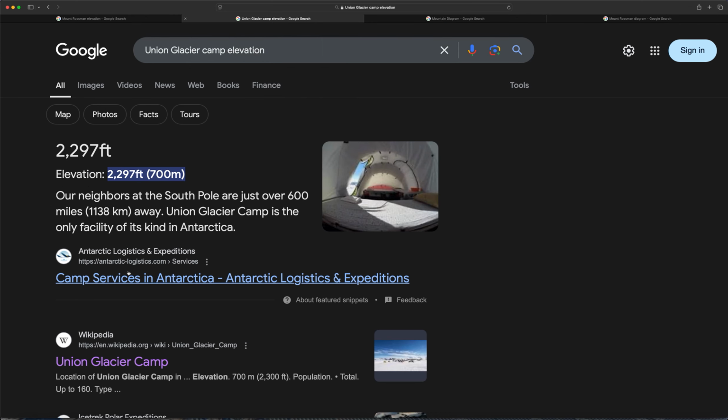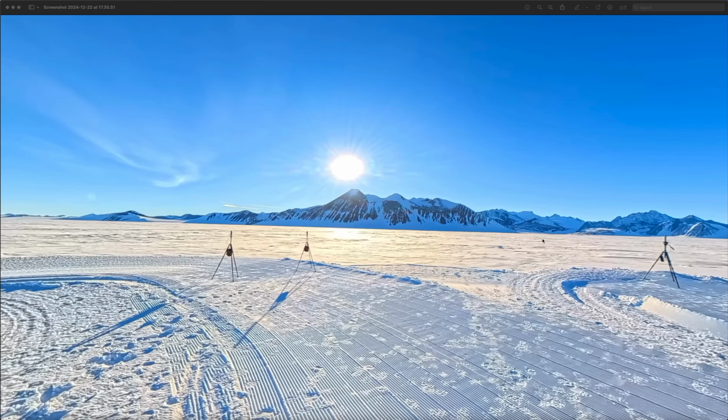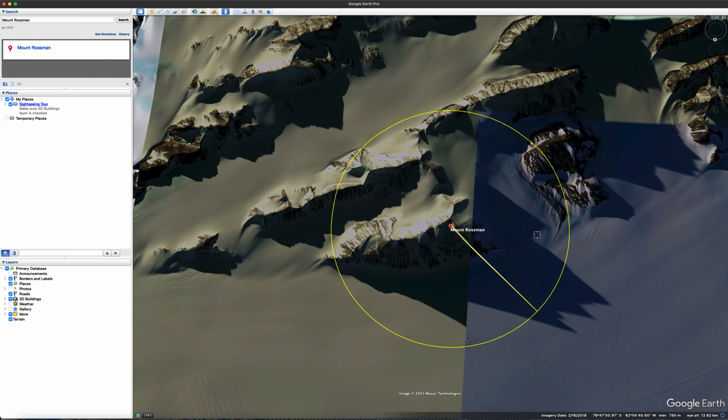Elevation of camp service in Antarctica 700 meters, Union Glacier Camp 700 meters, it says here. 700 meters, there we are, elevation, Union Glacier Camp 700 meters, right? So 700 meters from 1,450 meters, it leaves 750 meters, right? So if we just go to Google Earth here, right, you can see here is a 3 kilometer radius around Mount